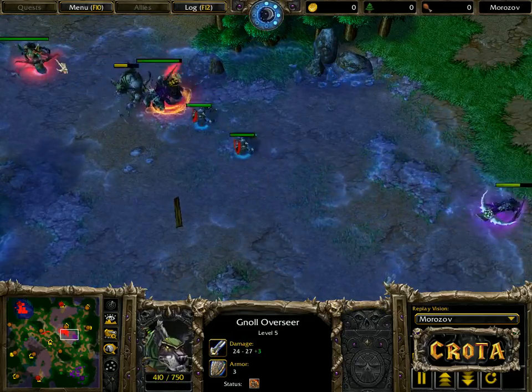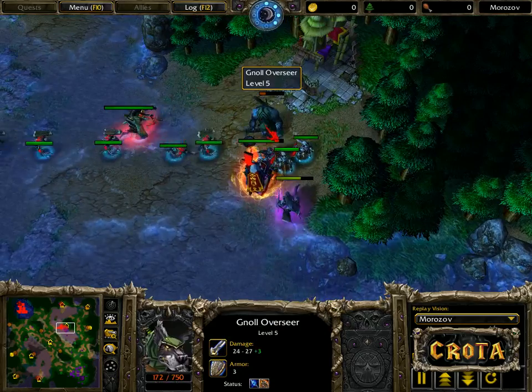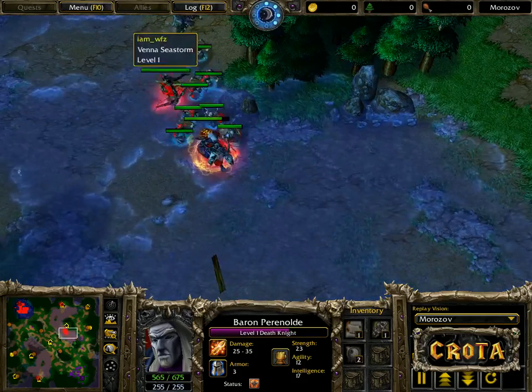That means that the Naga Sea Witch will be making its way out already. So yes, it was a very fast Naga Sea Witch at tier 2, and now he's going to try to put a bit of pressure. That Null Overseer will get taken down, drop a fairly useful item, and it's going to be very useful considering